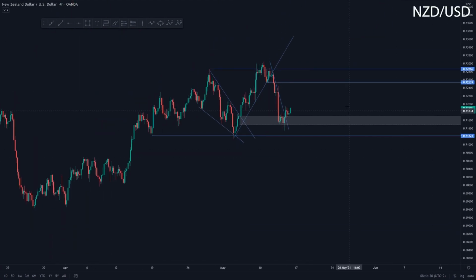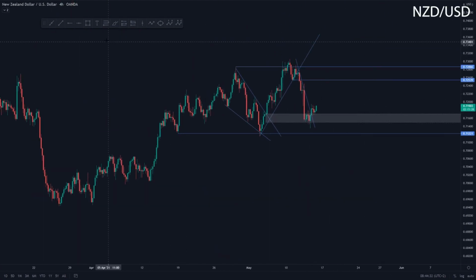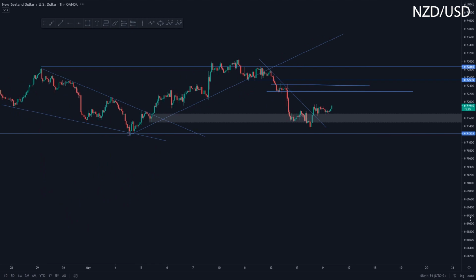And Kiwi dollar also rejecting from the potential reversal area, moving towards the upside as we speak. Remember, I mentioned that Kiwi dollar could play out the same as Aussie dollar and form that potential head and shoulders pattern by moving back up towards this area of liquidity over here at 0.72340. So for now, breaking the descending trend line, if we once again go to the 1 hour time frame,